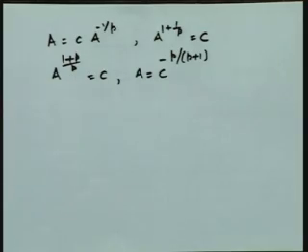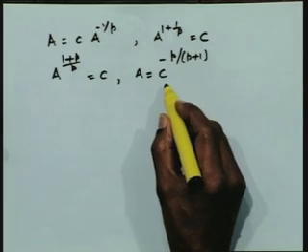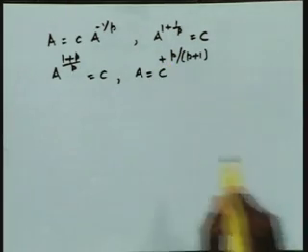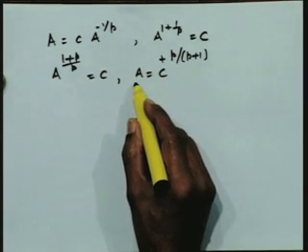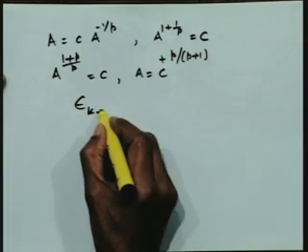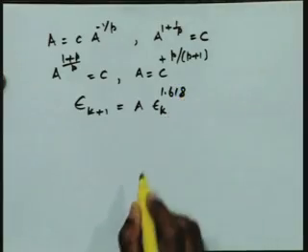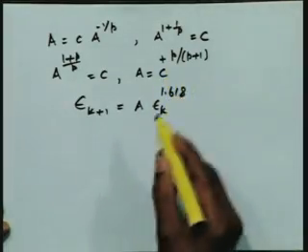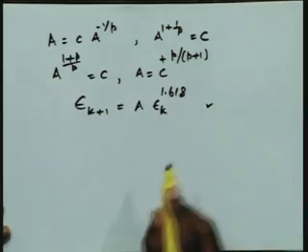Therefore, we have determined both the error constant as well as the order of the method. So, the relationship between the constants that we are using in the secant method: the error constant in the secant method was C, and this is the error constant for the method that we are defining. So, we have defined the method as epsilon k plus 1 is A into epsilon k to the power of 1.618, and this A is given by C, where C was defined as half of f double dash xi by f dash xi. So, this is the relationship that I can get here.